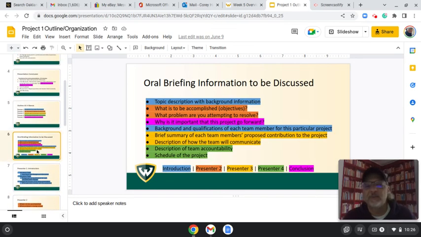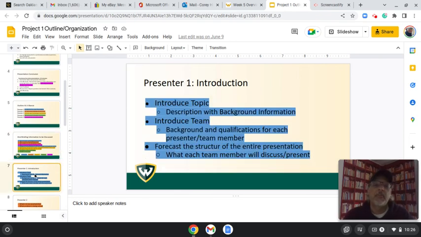Now, here's an example breakdown for the oral briefing. This is from our project description for the oral briefing. The things highlighted in blue, the person for the introduction handles. The things highlighted in, was it orangish color? Presenter 2. Those would be the 2 things that they would talk about in their section. Highlighted in yellow, presenter 3. Highlighted in green, presenter 4 could take. And then highlighted in magenta, purple-ish, would handle that topic. So the highlighted things correspond with the introduction presenter, presenter 2, presenter 3, presenter 4, and presenter 5, who in this example does the conclusion. And then I break these down very